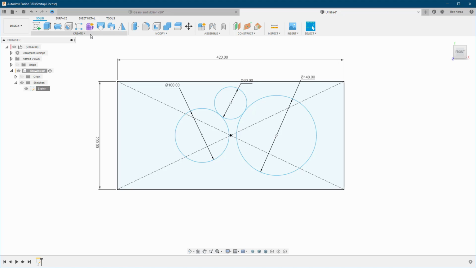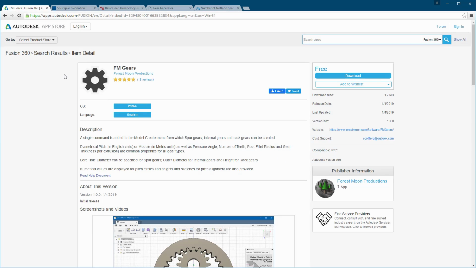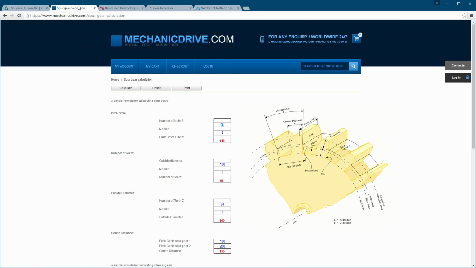Now, how can we move on with this information? For that, there is a really good website. I'm gonna add this into the description. This website is gonna help us to calculate all kinds of information. For example, right here, it's the pitch circle. If you are looking to know what the pitch circle is going to be for X number of teeth